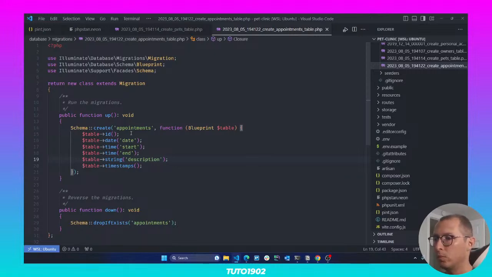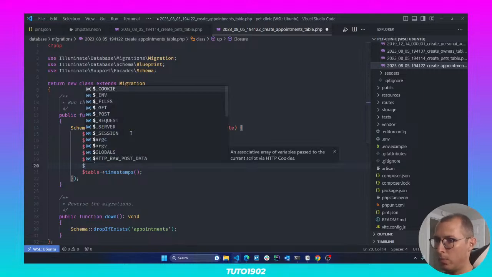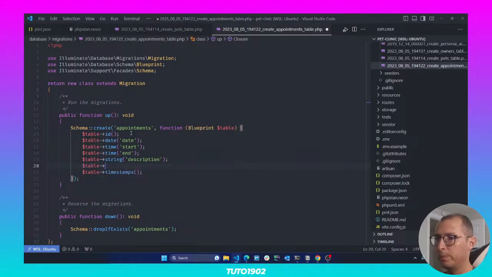Let's see. That's all we need, right? Oh, of course we need a pet ID for the pet this appointment belongs to. So table,